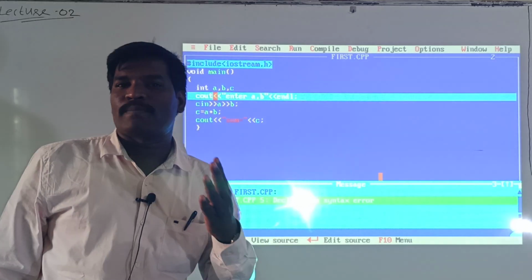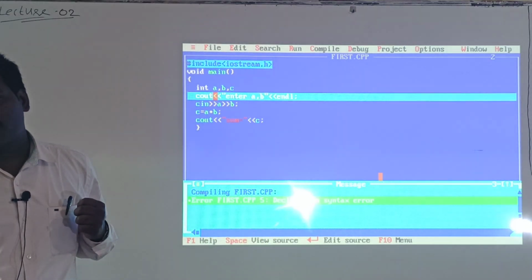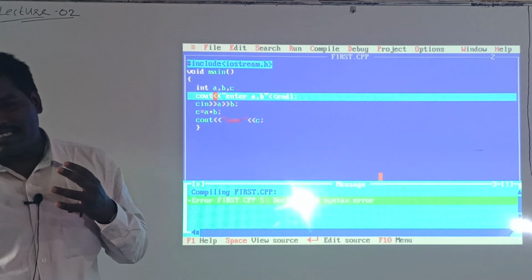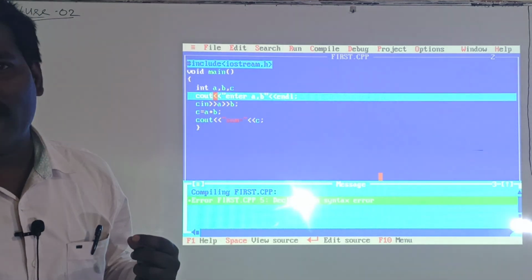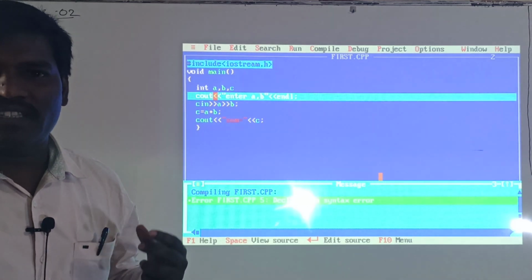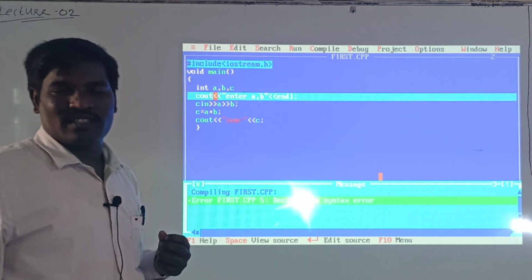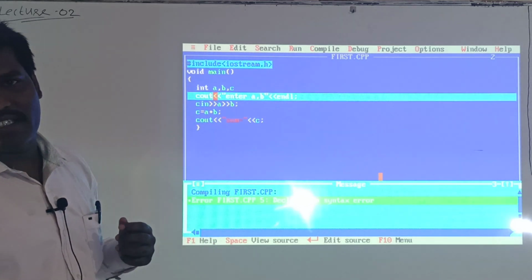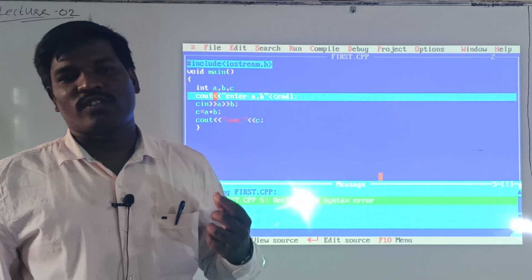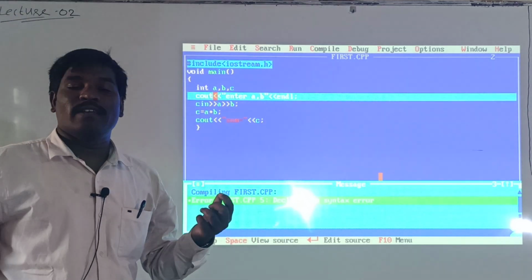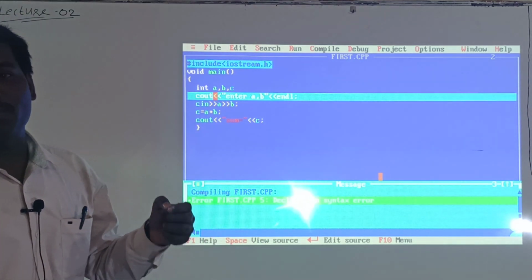There are 3 types of errors: syntax errors, semantic errors and logical errors. A syntax error means there is an error in the format. For the declaration of a variable, first we write the data type, next you mention the variable list, and after that you put the semicolon.